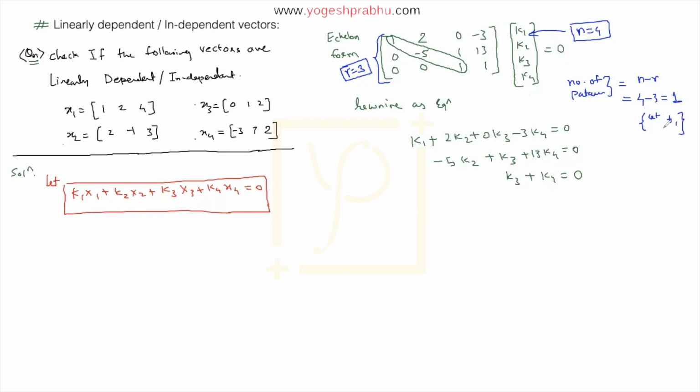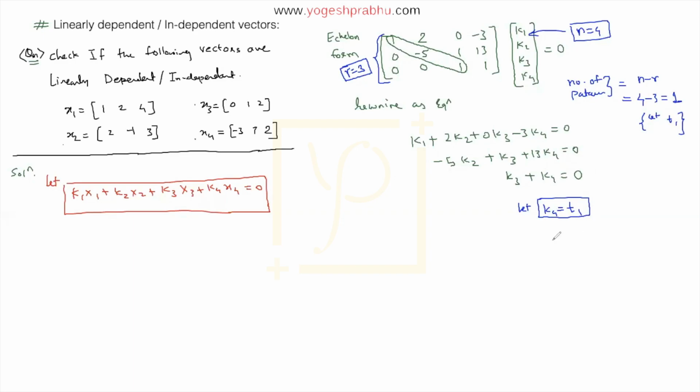Now the thing about the parameter is you can use that parameter for any of the variables you want in this equation here. So I'm going to assume, this is a let statement. You can assume this as K3, K4, whichever one you want, but I am assuming this as K4. So K4 is T1. Now just see how as soon as I assume K4 as T1, I will start getting all the values. If I put K4 as T1 here, then I'll get K3 as minus T1.